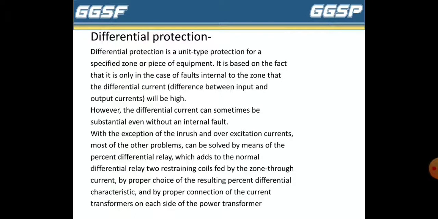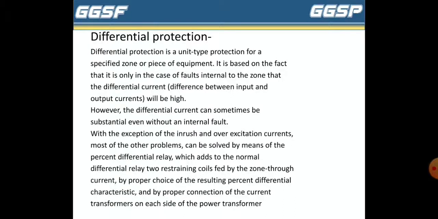It is based on the fact that it is only in the case of faults internal to the zone that the differential current, that is the difference between input and output currents, will be high. However, the differential current can sometimes be substantial even without an internal fault. With the exception of the inrush and overexcitation currents, most of the other problems can be solved by means of the percent differential relay, which adds to the normal differential relay